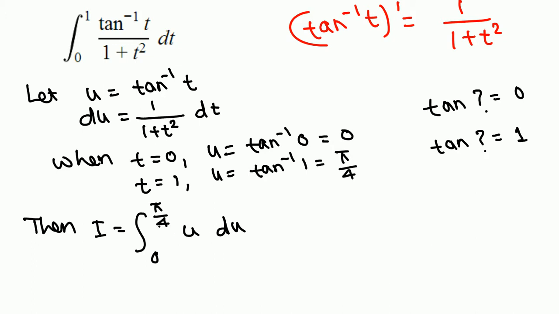Now this is just u raised to 1, use the power rule. So the antiderivative of x dx is x square over 2, but we have u,